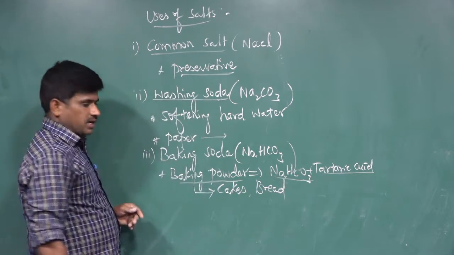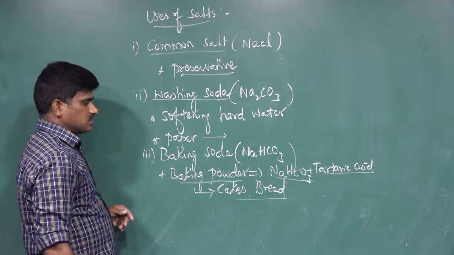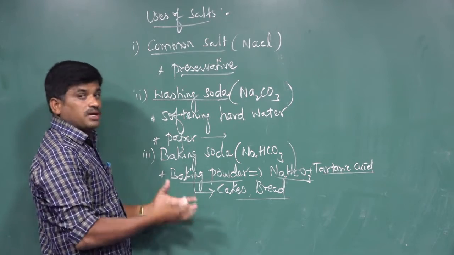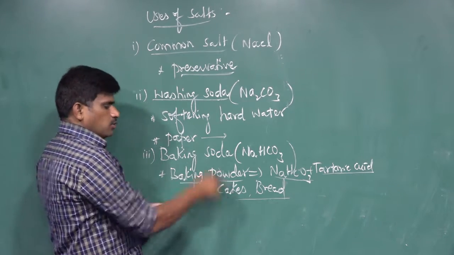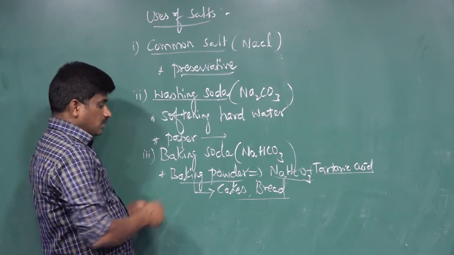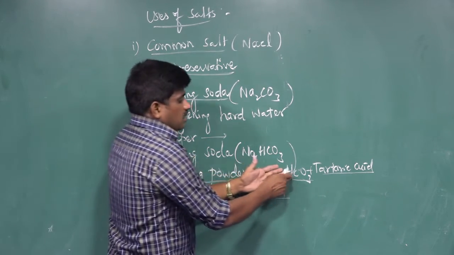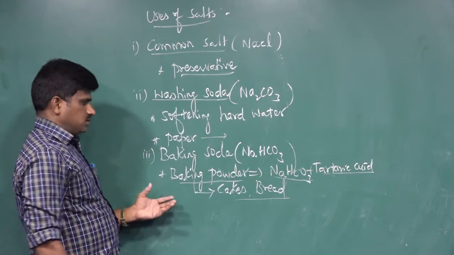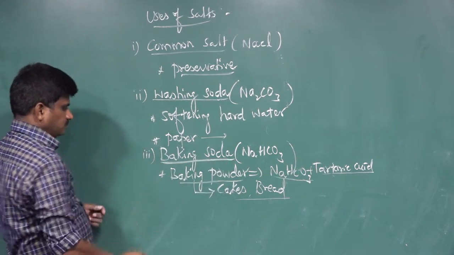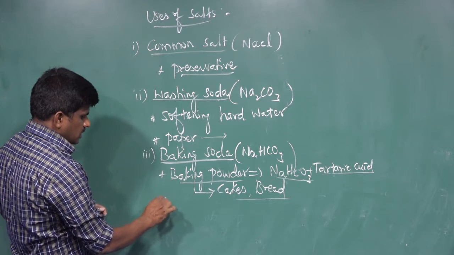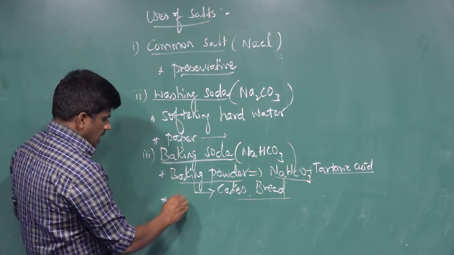Making of cake and bread. For the soft and spongy nature, baking powder is mixed in. Baking powder is a prepared mixture of sodium bicarbonate and tartaric acid. This is the first use of baking soda. The second one is its use in the soda acid